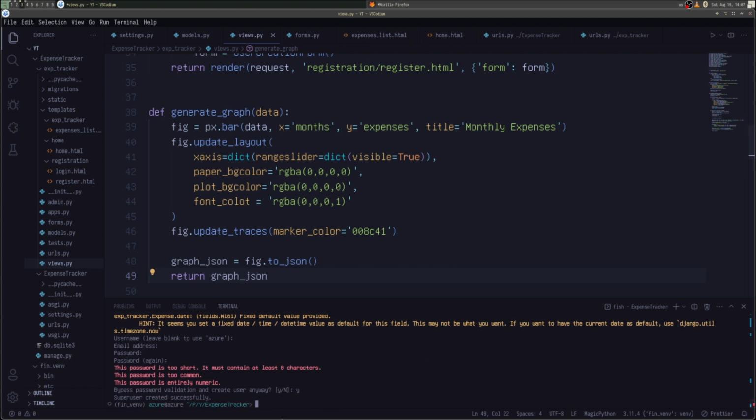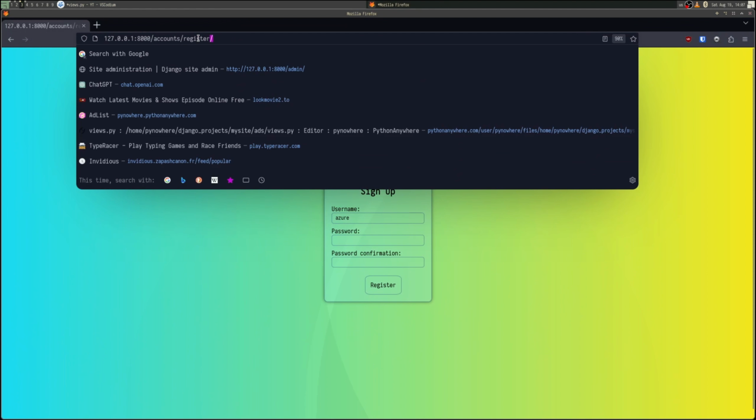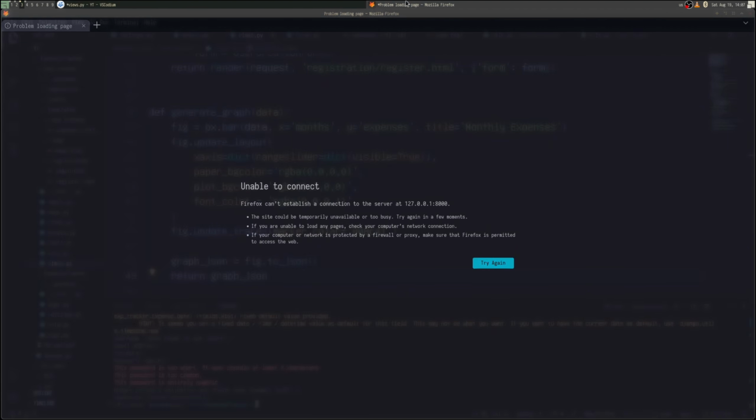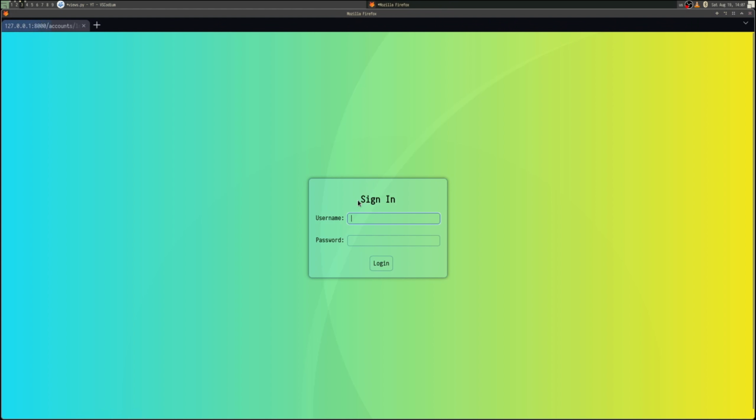Okay, I have a 2-letter password that I have everywhere else. Instead of registering, we're going to log in. I stopped that server. We're going to log into Azure